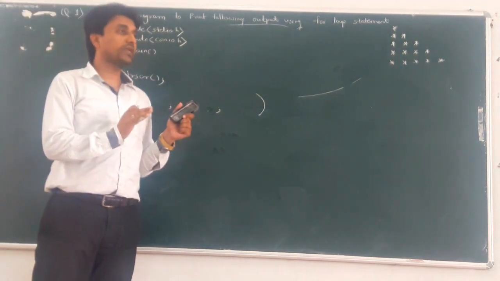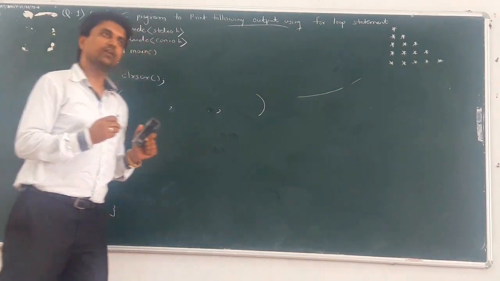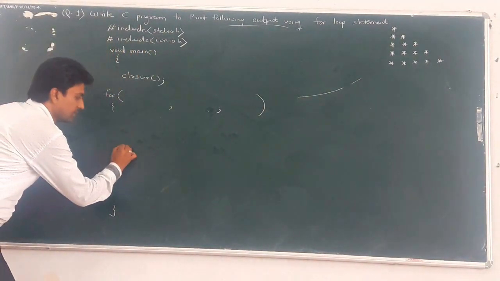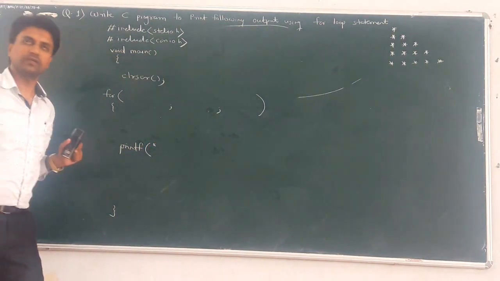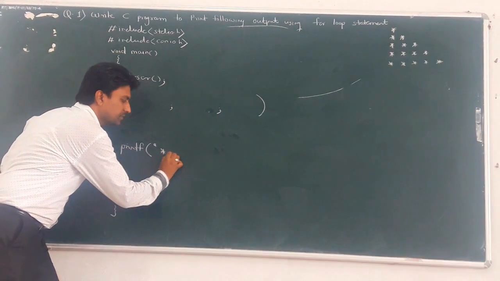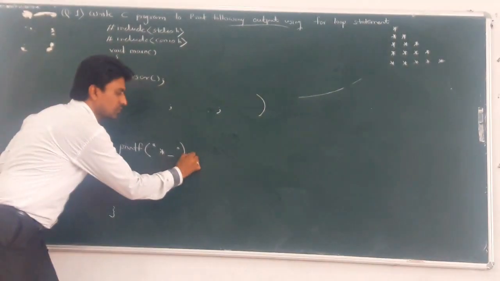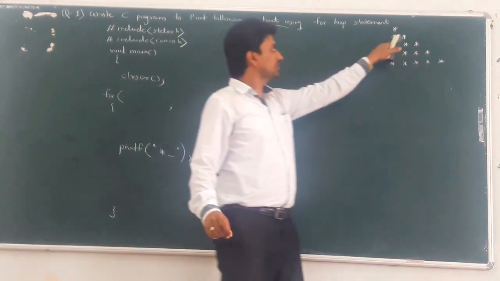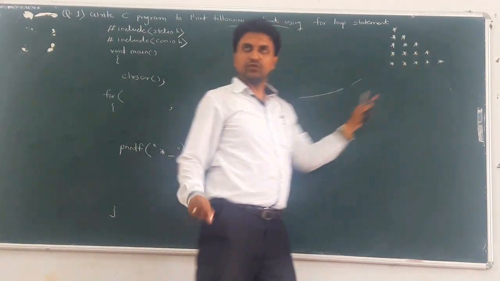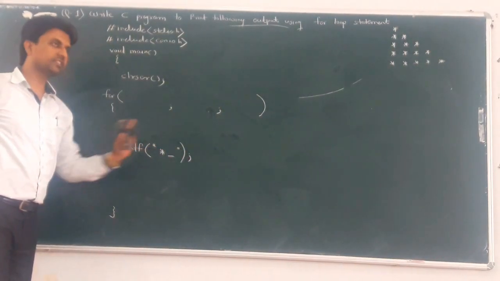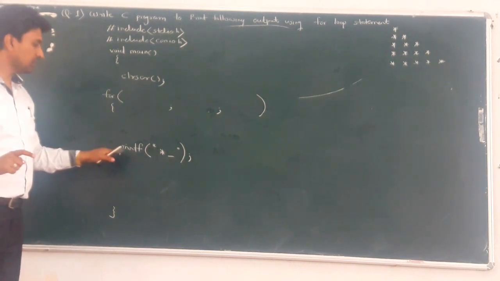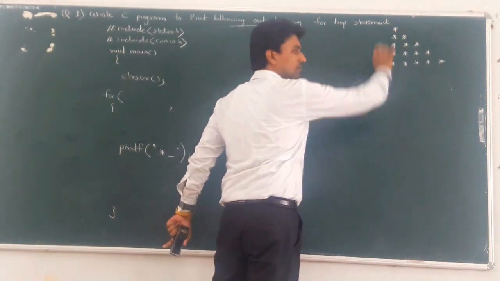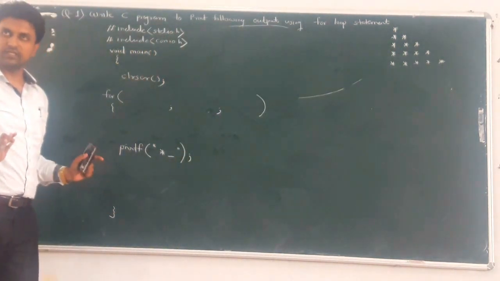So what is our end goal? First, we want to print a star on the first line. So it is simple. What is the statement? printf, double quotes, star, then a space, and double quotes complete, because each star is separated by one space. So give a star and then one space, double quotes complete, semicolon. If we execute only this part once, then what is the output? printf prints the first star on the console. Okay, that is the logic.